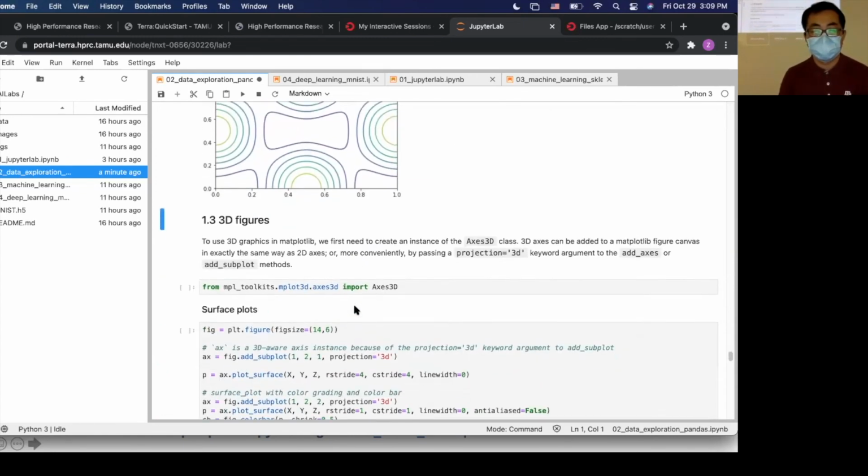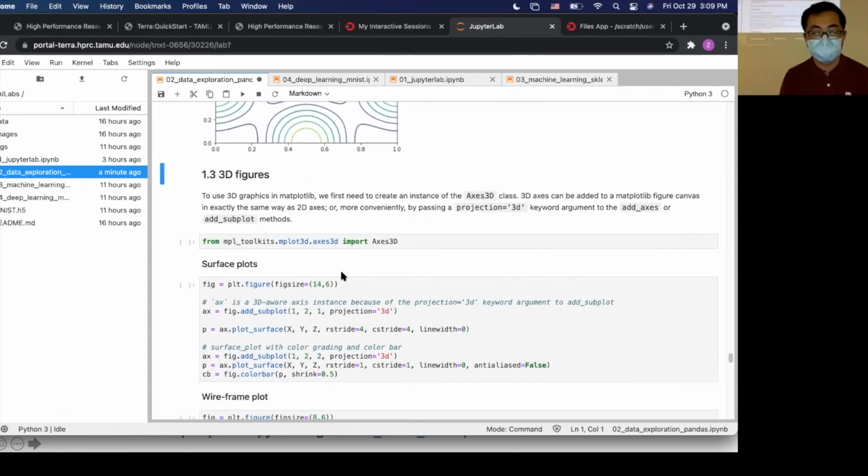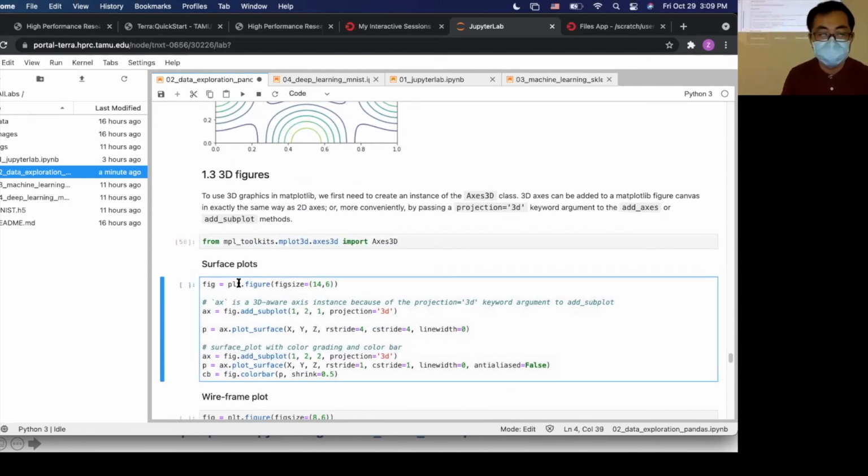And also we can do 3D figures. First we need to import Axes3D. We create a figure instance, and then we add a subplot, with 1 row, 2 columns, the first position.